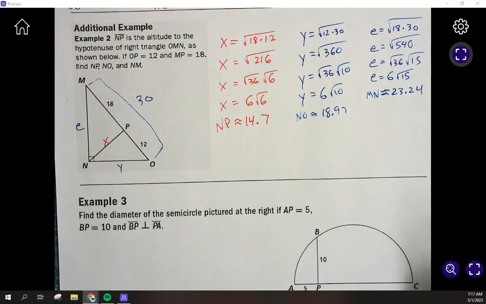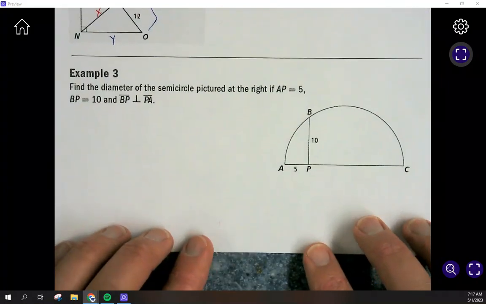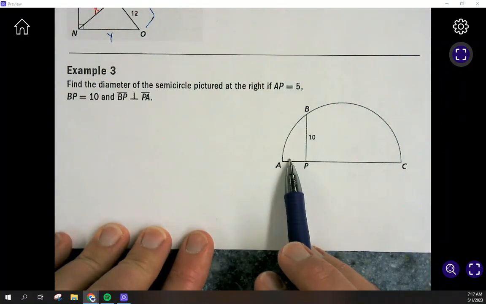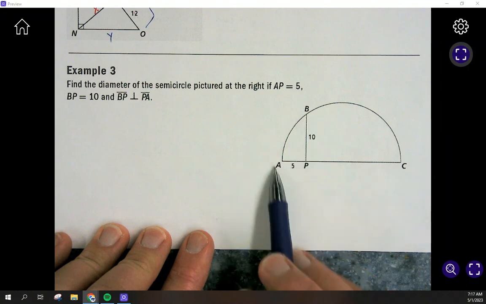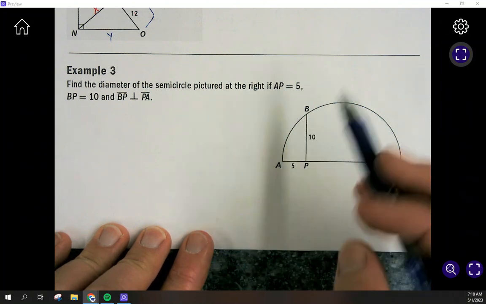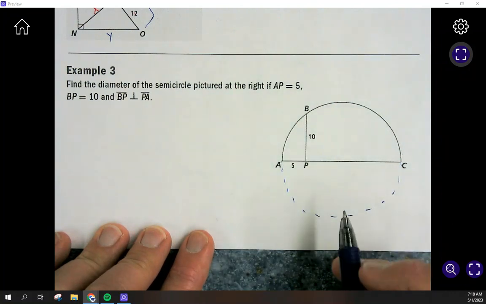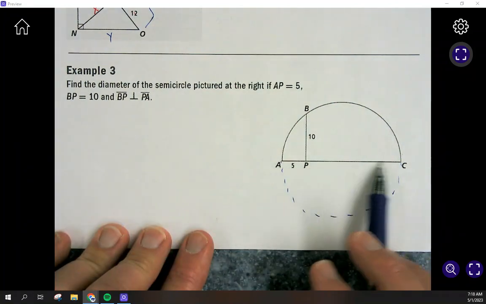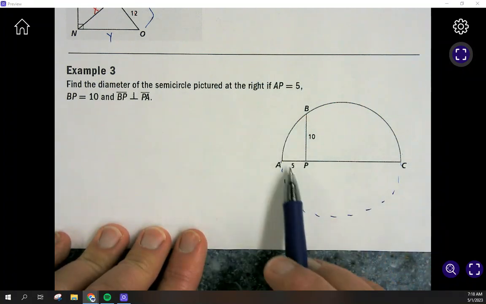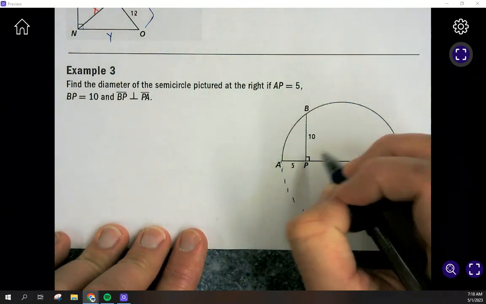All right, one more challenge question that they like to relate this to. If we take a look inside of a circle, we've got this drawn. They told you that this is a semicircle, so it's exactly half a circle. This would be the diameter of the circle if you extended the full circle. That's the diameter across. They want you to actually find that length here. So find the diameter of the semicircle at the right if AP is 5, BP is 10, and they tell you that BP is perpendicular to